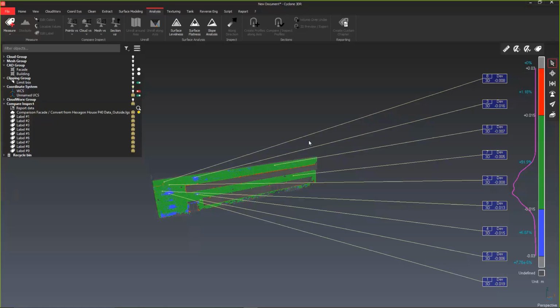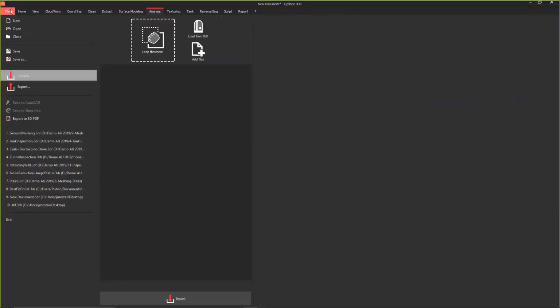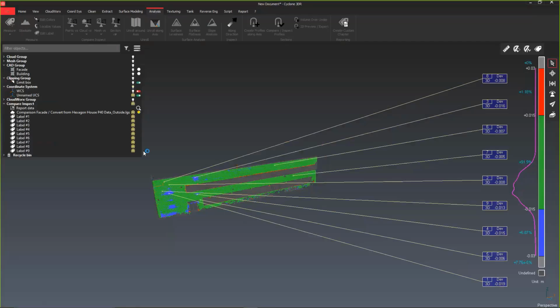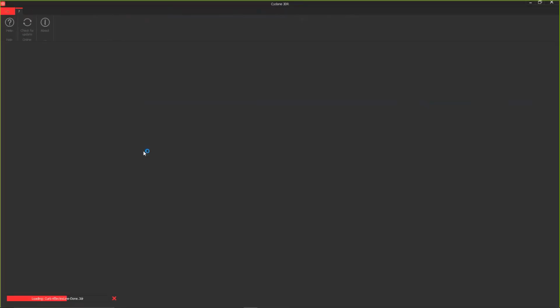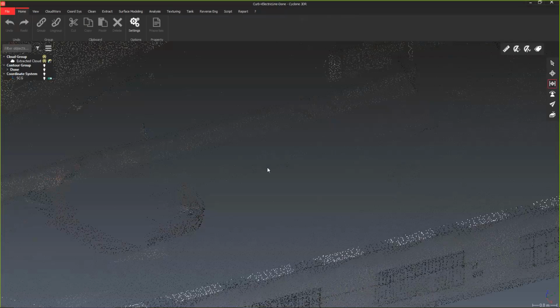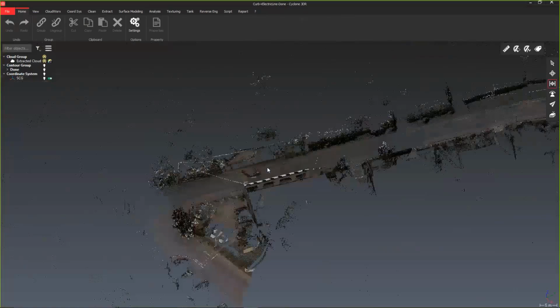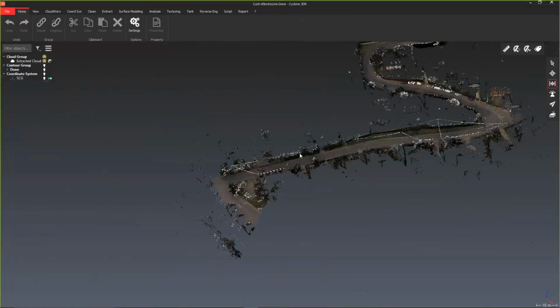All right, so that's that one, and I want to show one of the other ones here, and we'll see how much time we have. One of the other ones I wanted to show was the scripting tool, and let's open this up. Okay, so what you can see is I've got a point cloud here that's a roadway,